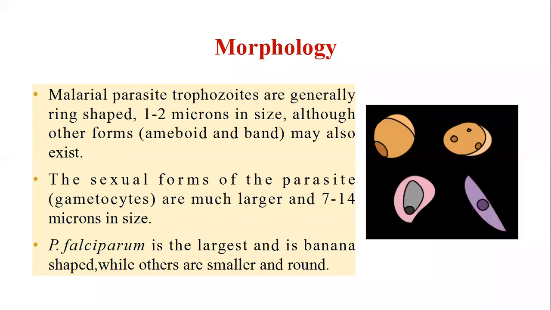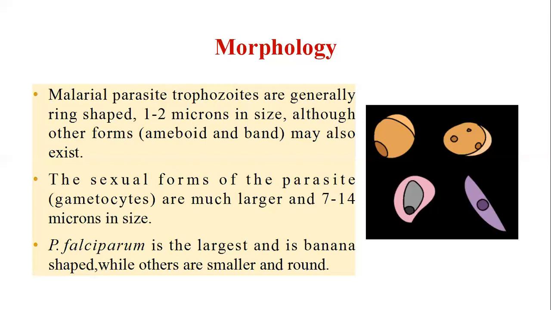So, after discussing the life cycle of Plasmodium vivax and Plasmodium falciparum, now I'm going to discuss the morphology of this particular parasite. Malarial parasite, trophozoites. So, what are trophozoites? Trophozoites are a growing stage in the life cycle of some sporogenous parasites